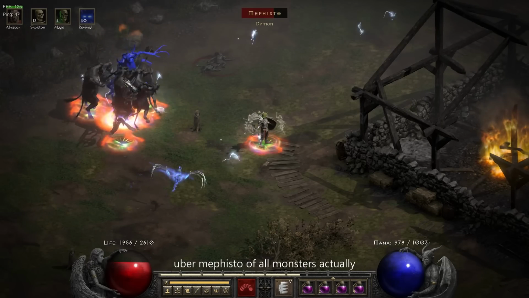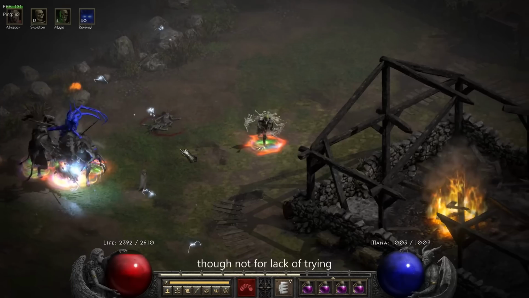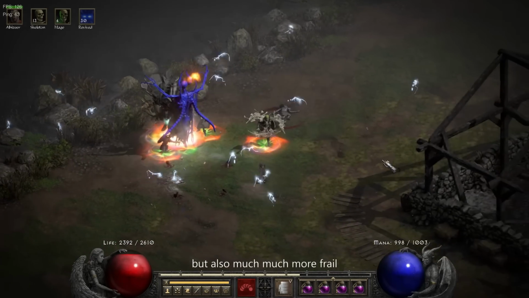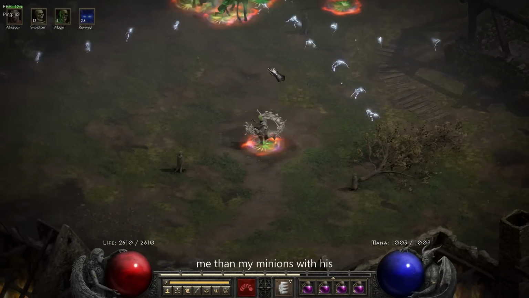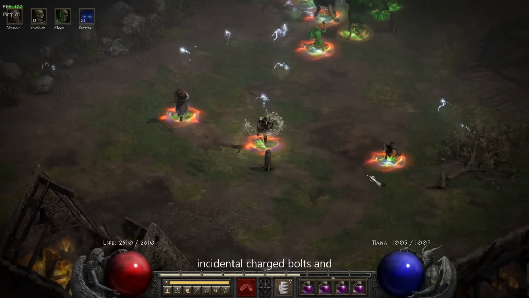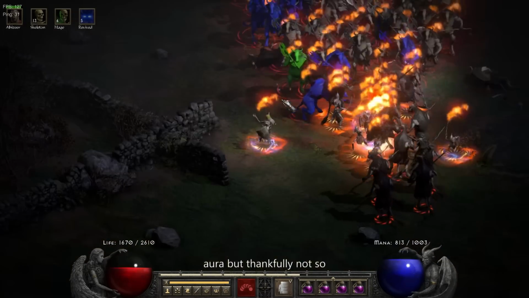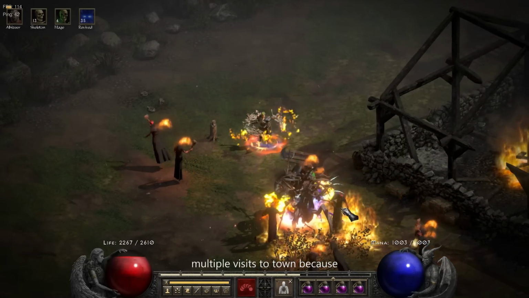Uber Mephisto of all monsters actually followed suit in Izual's footsteps, though not for lack of trying. He's obviously much more dangerous, but also much more frail. Thus he lost HP quick. He actually got closer to killing me than my minions with his incidental charged bolts and ever-present conviction aura, but thankfully not so. Baal required a fresh batch of cow sacrifices and multiple visits to town because he kept killing the Merc,